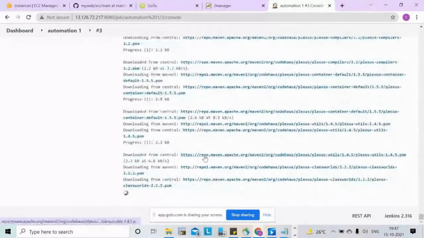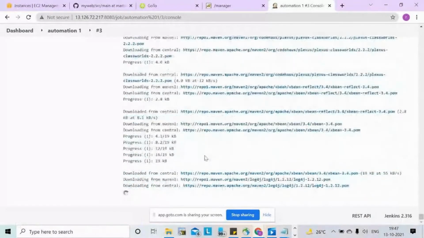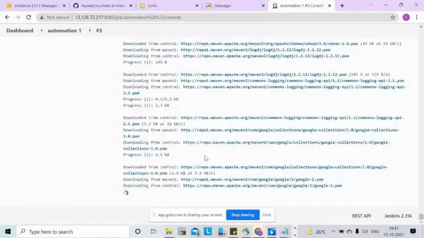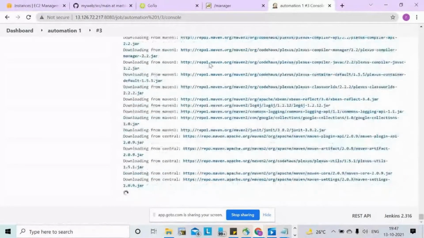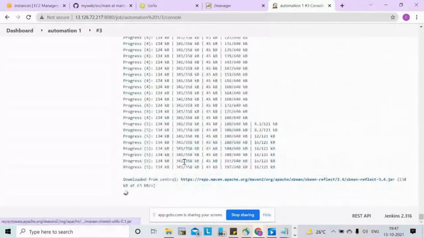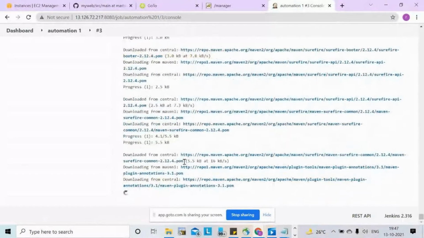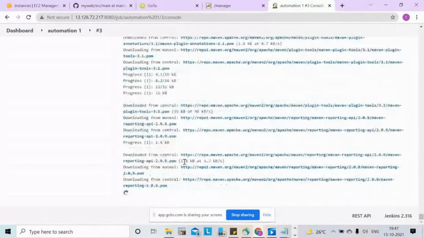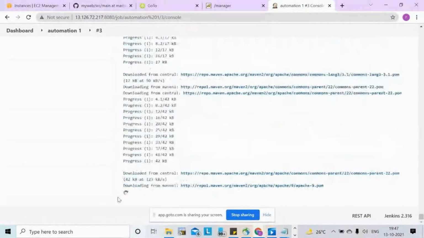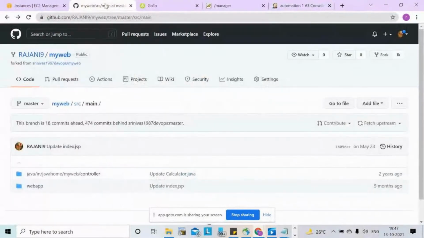That's what you're running the job, right? In Jenkins, I told you that we deployed the plugin, deploy to container. I have code in GitHub and I gave a URL in Jenkins.